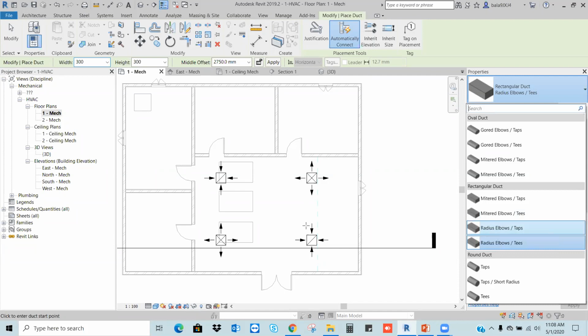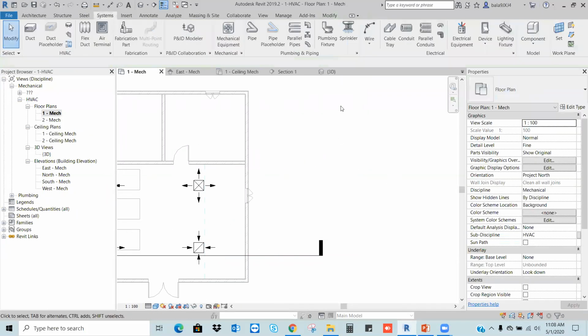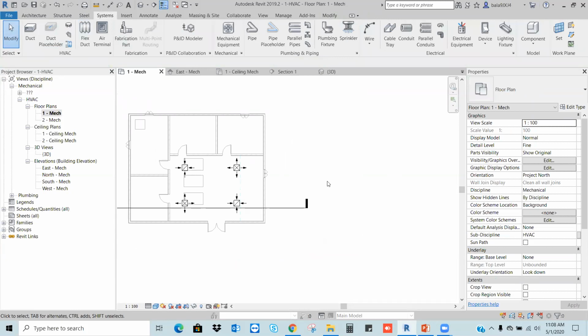Before starting this, we need to discuss these four types. What is the miter elbow? What is the radius elbow? Okay. So now my task is to connect the duct to this diffuser.